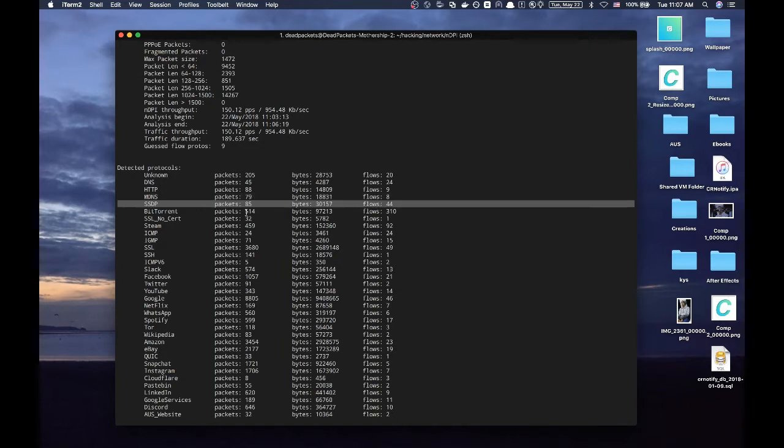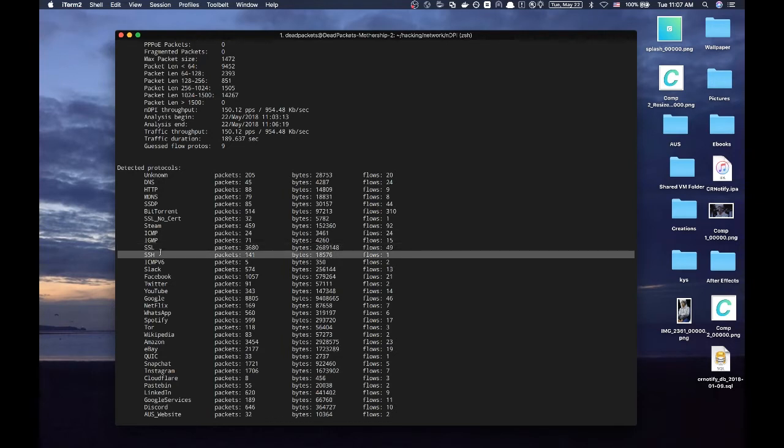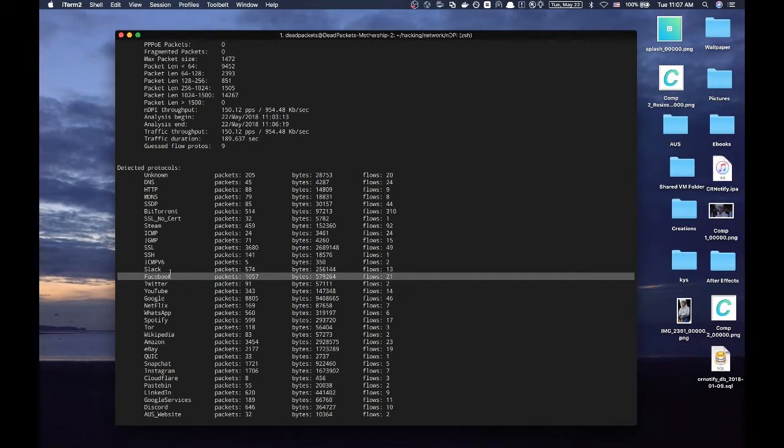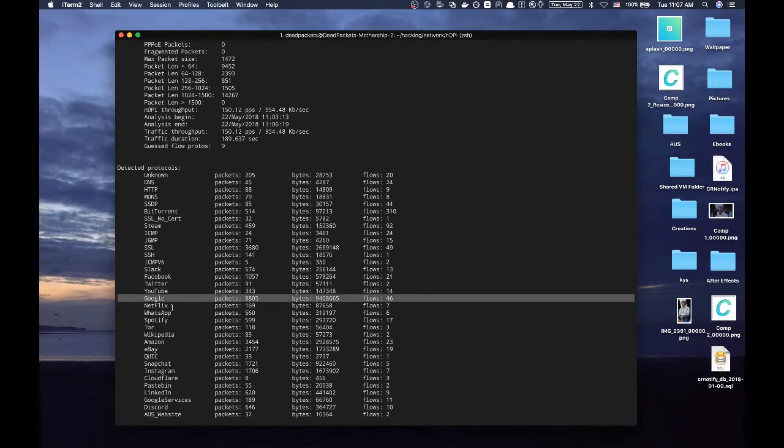SSDP, I don't know what that is. BitTorrent, it actually detected that I have torrent open. SSL, no cert, is HTTPS again. It detected a bunch of stuff. Steam, ICMP is for pings. It detected SSL, HTTPS, SSH, which is what I use to remotely log into my server. Detected Slack, Facebook, Twitter, YouTube, Google, Netflix, WhatsApp,